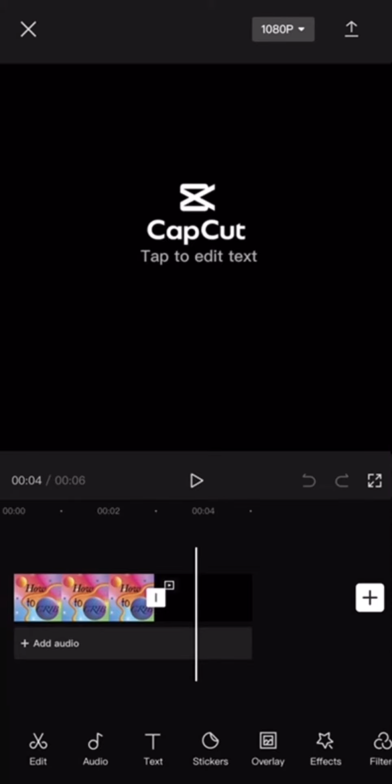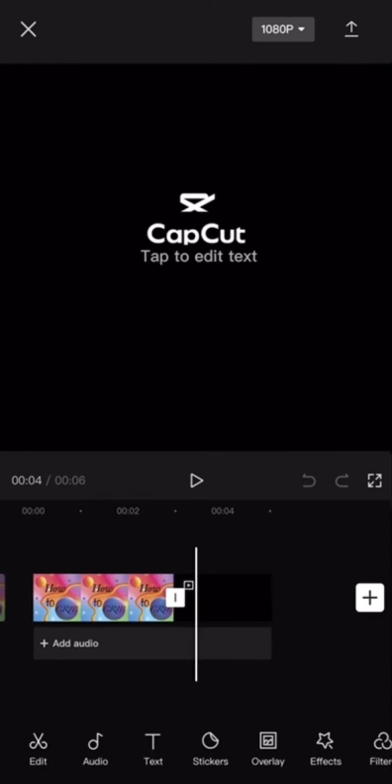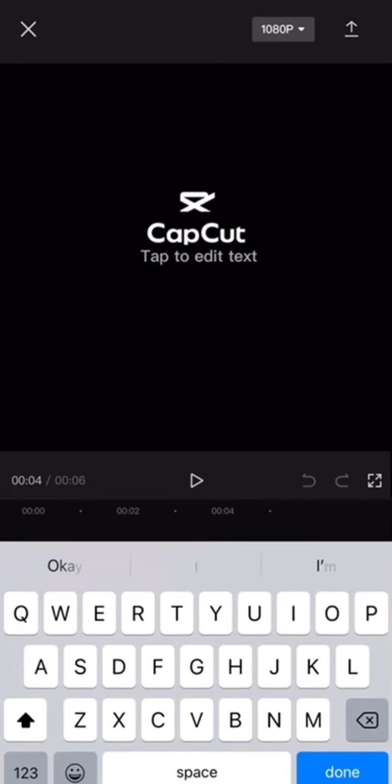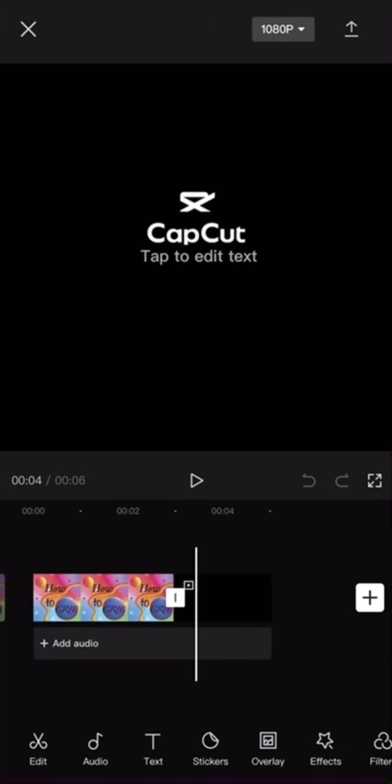You can also upload a video and add it to the CapCut app. So at the end of the video, the picture, you're gonna see right here CapCut. It says CapCut. Then you can add a text or anything. So if you want to remove this watermark, that's what I'm gonna be talking about. If you want to remove this watermark from your picture, maybe or the video you're trying to make,